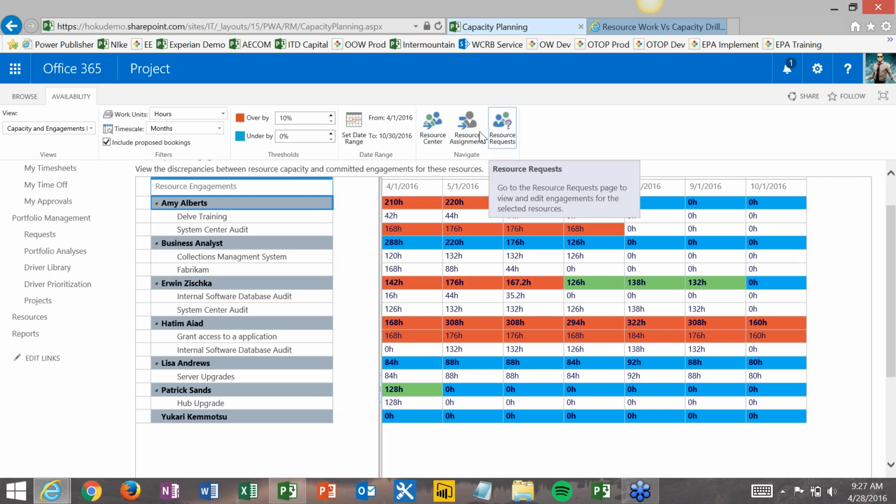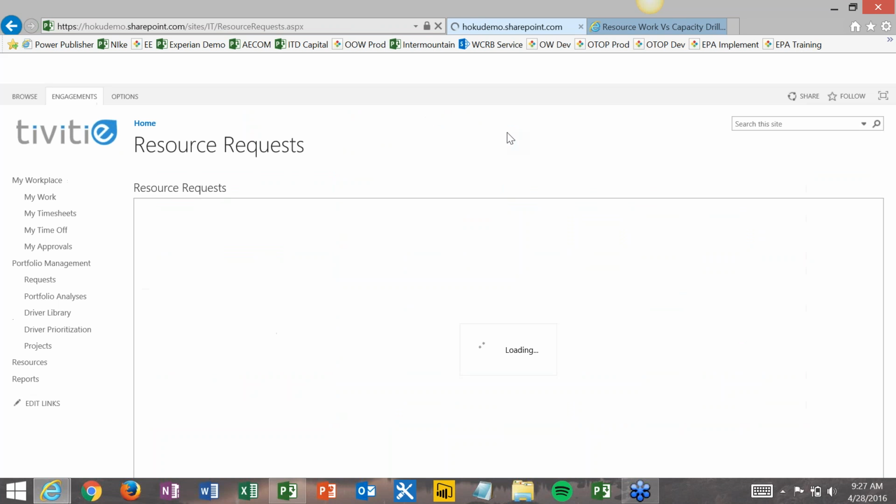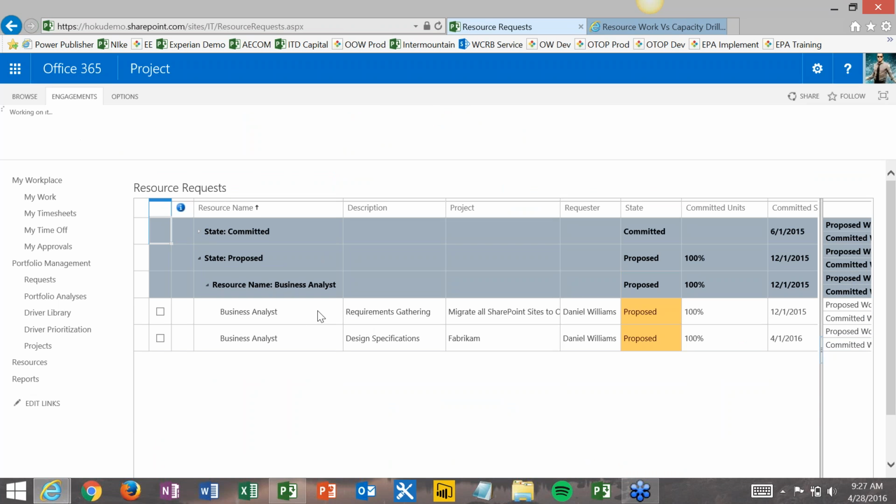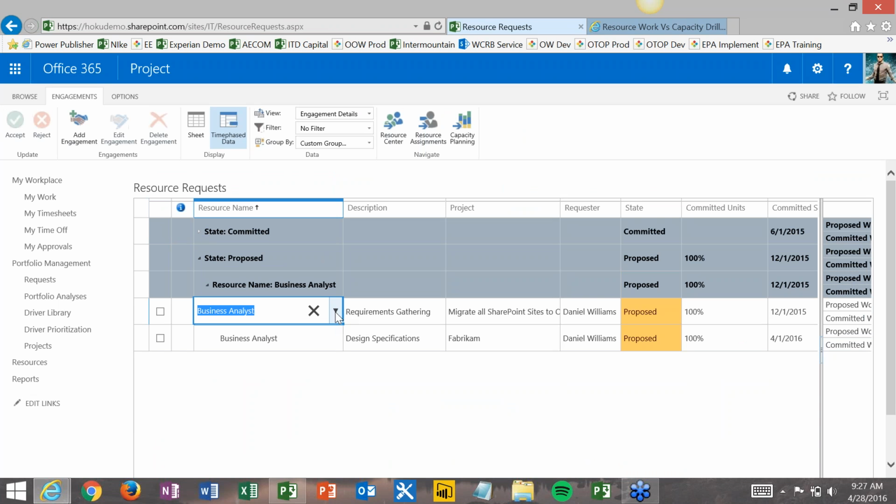So then going back into my resource requests, pop back into there, and I now know who's available and who's not, and I can come in and I can say, okay, for this first one, we're going to assign that to Yukari, and just switch that there. Good to go. I can then accept that, and that'll send that notification back to the project manager